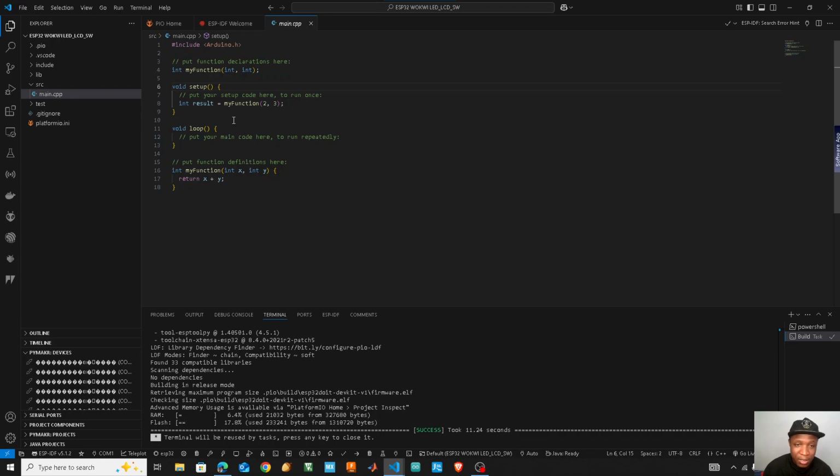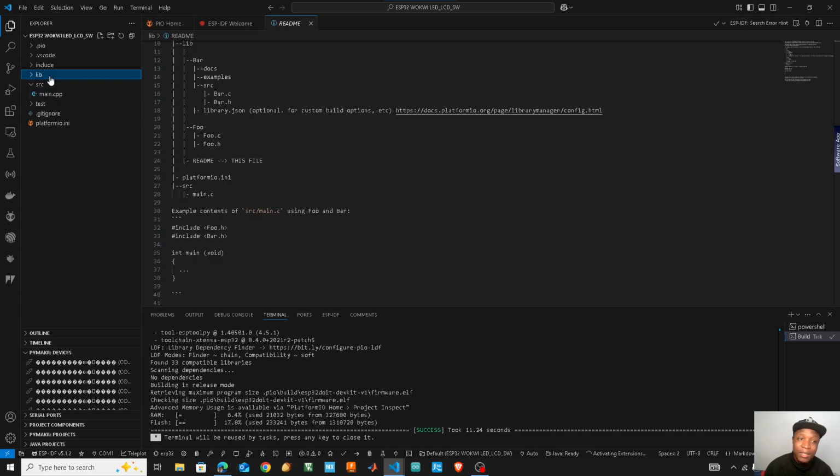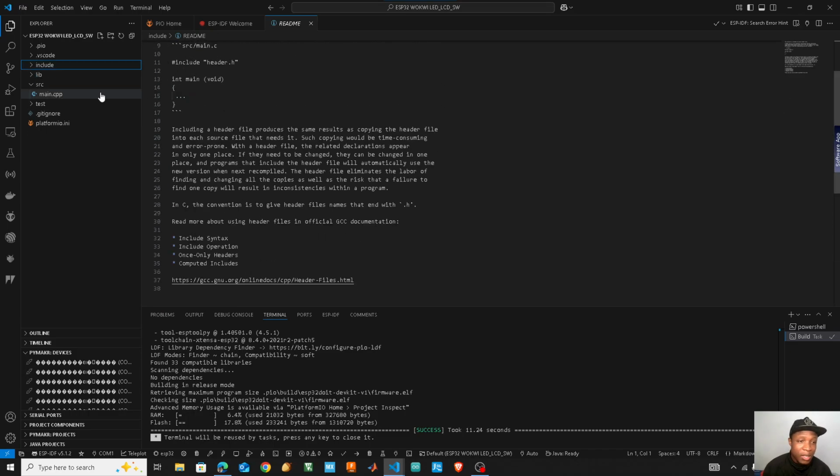There's nothing here. It's just a function that is being called here, it passes two inputs, and then it returns the sum of those two inputs. So in this library folder, we don't have anything. It's just this readme. So we can add libraries. Same thing for this include folder, where we put all of the header files. There's nothing inside there. So this is the template that you will get. And this